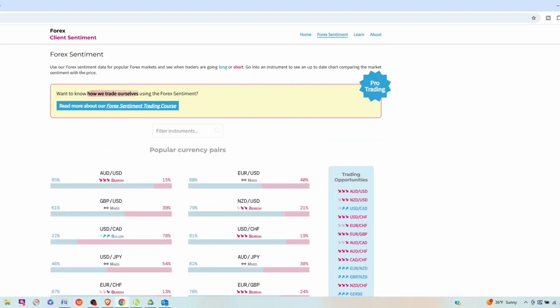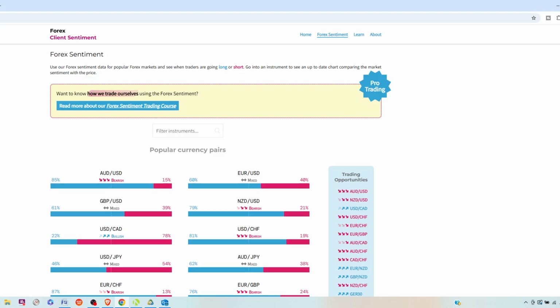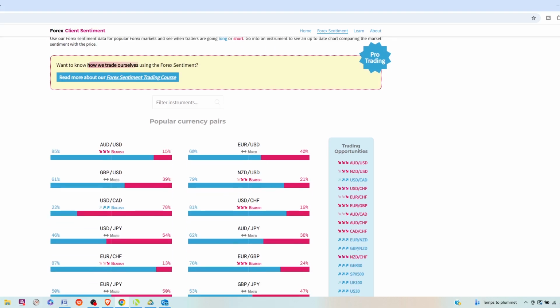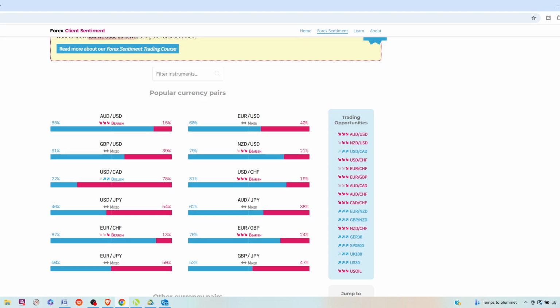Again, very simple concept. 70 to 90% of retail traders are often on the wrong side of the market. This is a website that will show you graphically where price is as compared to where the retail sentiment is. And you will see they quite often diverge, although not always, as we saw in the dollar Swiss. They did not diverge. Now, they have this marked as highly bearish because of the extreme 81%. So they're showing this as extreme, but I don't really see that in the chart yet. So this is one I probably would stay away from right now, me personally.